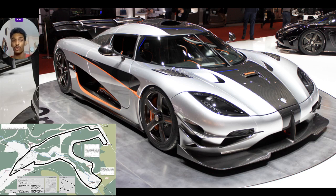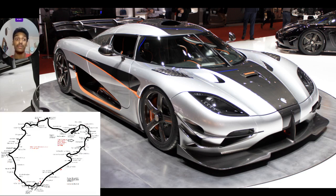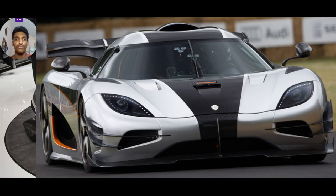But nevertheless, it still showed that this thing was a proper track weapon, and they in fact wanted to go to the Nürburgring Nordschleife and set a record right there as well, but the same issue of the decibel limit showed up and thereby gave the black flag to the 1-to-1. But that doesn't deviate from the fact that this thing was a proper track monster and could in fact set even better times